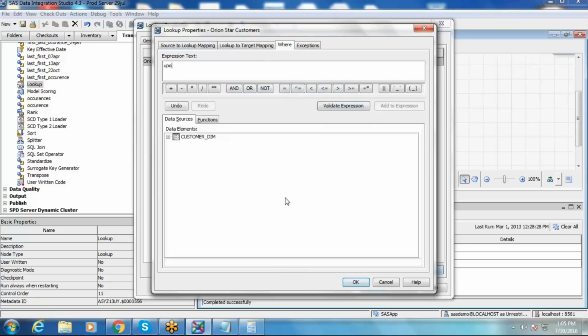So you can start typing your functions if you are comfortable with code. Otherwise you can go with functions and then select the uppercase function, populate the variable name, and then hard code the value using AU or F or whatever it is. And then the last tab shows you exceptions.